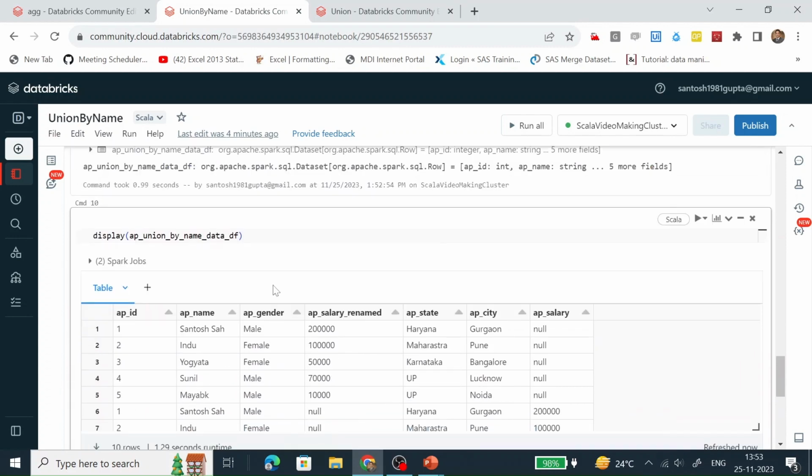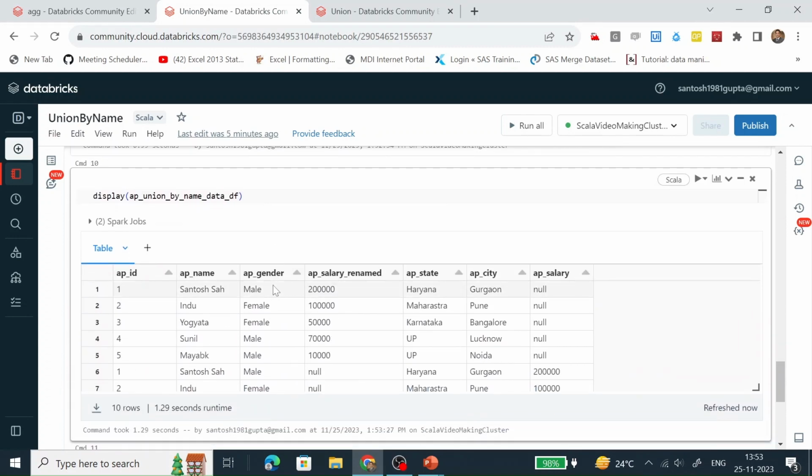We can see both data frames got merged into one, but there are two columns: AP salary and AP salary renamed. The values come from both data frames, but the AP salary and AP salary renamed column data comes from those data frames which have that particular column.